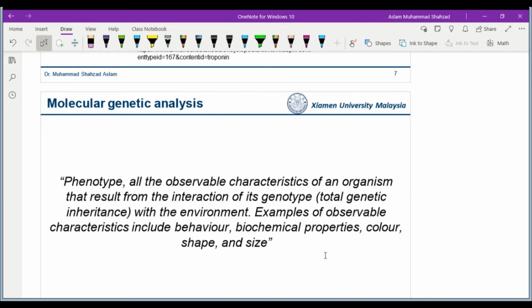Sometimes when the external environment interacts with the genetics, it could lead to disease. For example, if you are eating junk food and taking excess cholesterol, this is the environment that you're giving to the body. And if your genetic makeup is susceptible to the disease because of inheritance, then both of these characteristics can combine to increase the risk of getting the disease early in life.